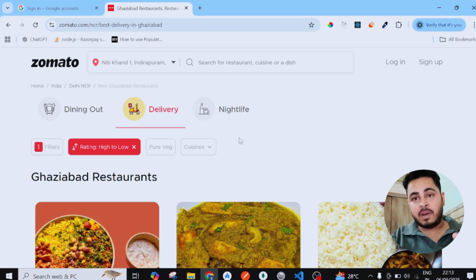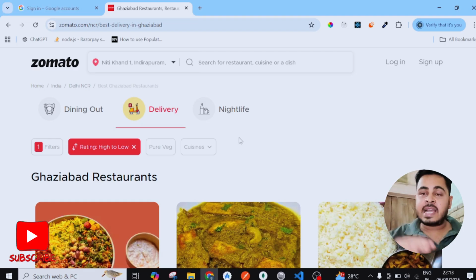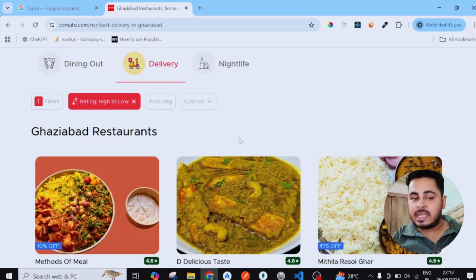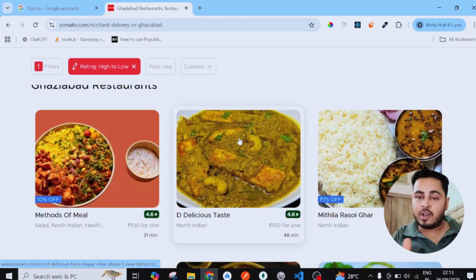When we perform some action, like filtering, at the same time my front end sent a request to the server, to the backend, asking it please give me some data related to my filters. Suppose right now I have set the rating filter from high to low, so it will ask the backend server to handle that data and send it to me in that format only.